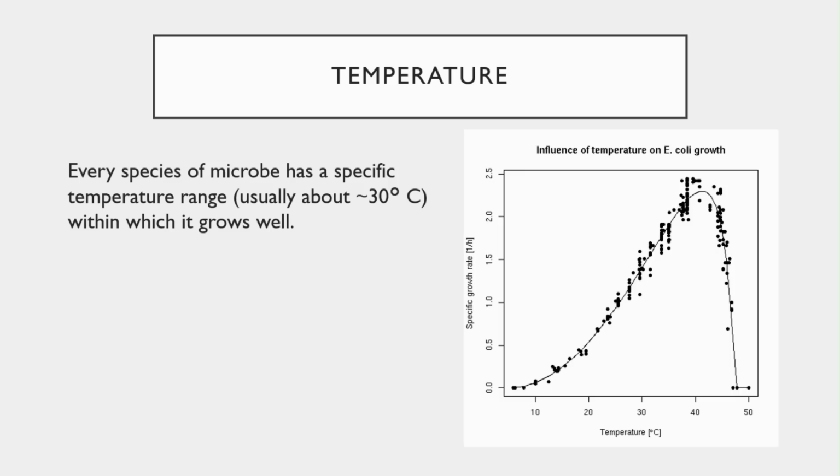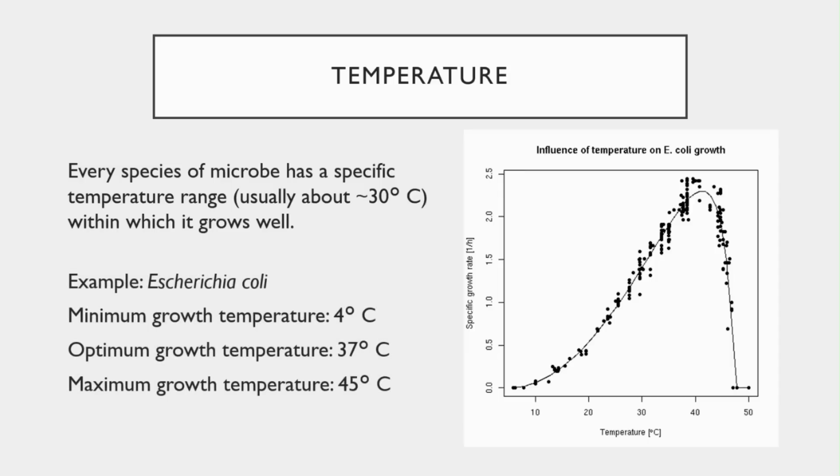Many of these growth requirements can be graphed like the one you see on the right. On the x-axis is the growth condition. In this graph, temperature. On the y-axis is the dependent variable, which will be the growth rate. Start at the lower temperature on the x-axis. You will see that there is a minimum growth temperature, beneath which no growth will occur for this particular organism,